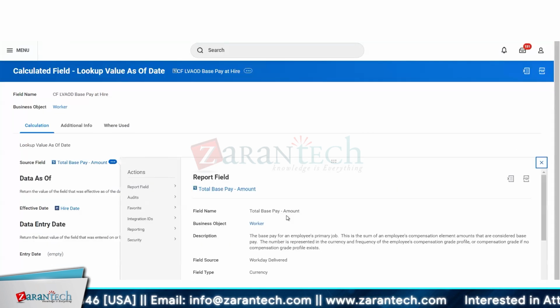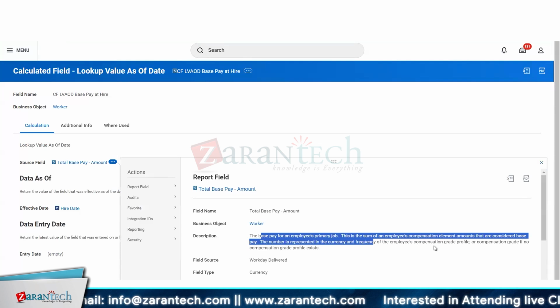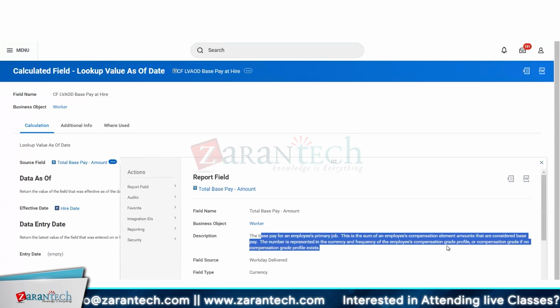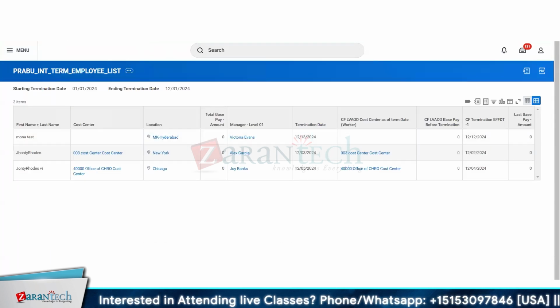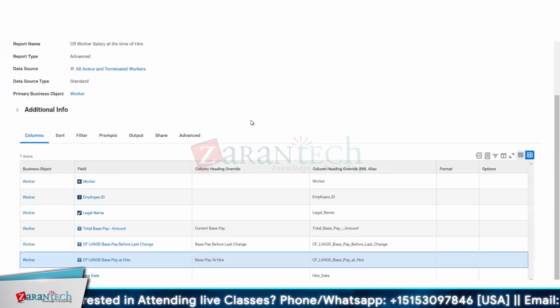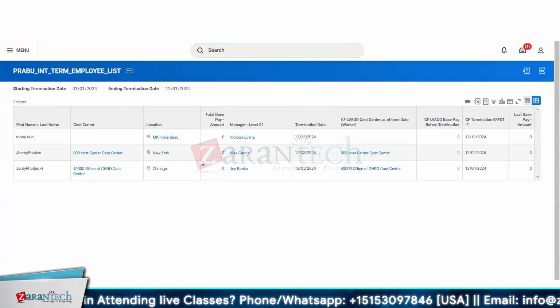Okay. Total base pay amount is the base pay of the employee's primary position. This is the sum of the employee's compensation element amounts that considers base pay. The number is represented in currency and frequency for the employee's compensation, grade profile compensation, and grade profile exist or compensation. Okay. So probably there is something wrong with the worker profile,